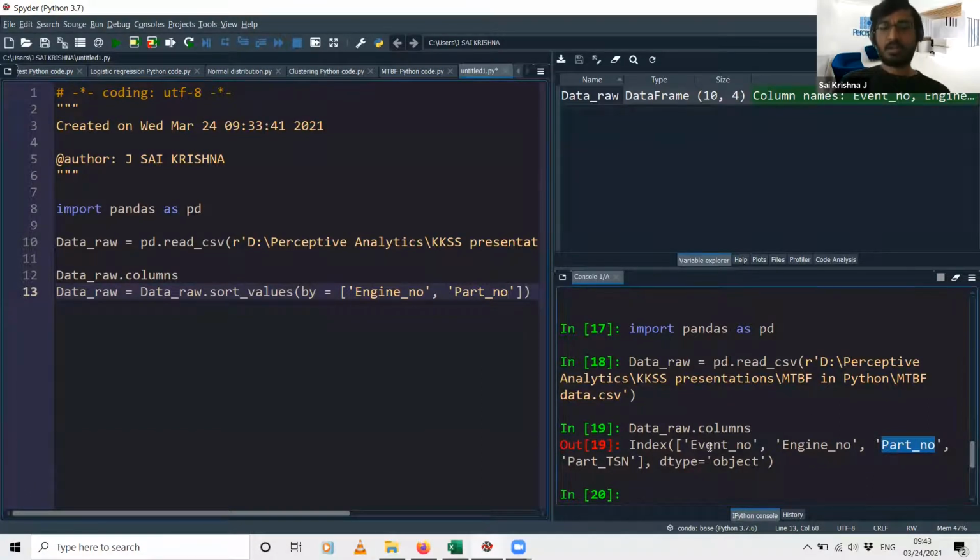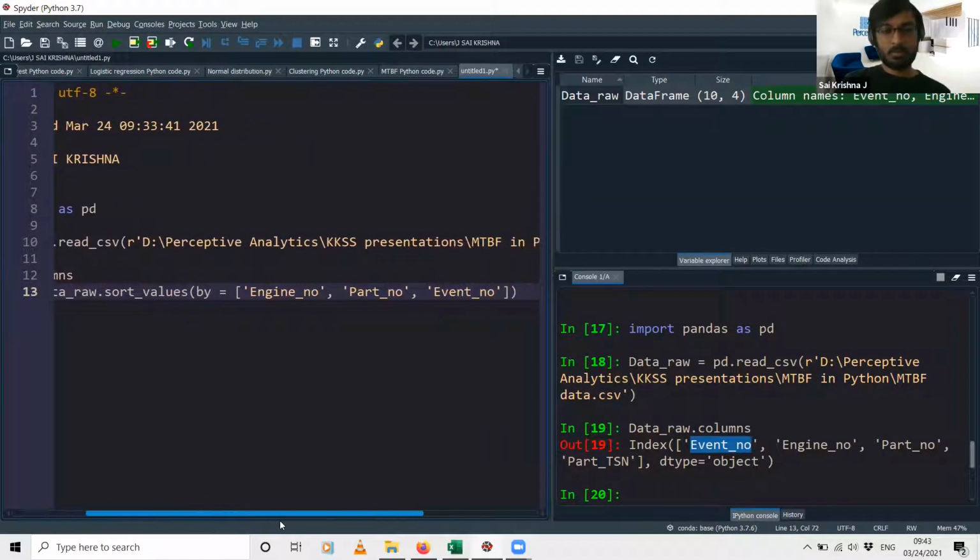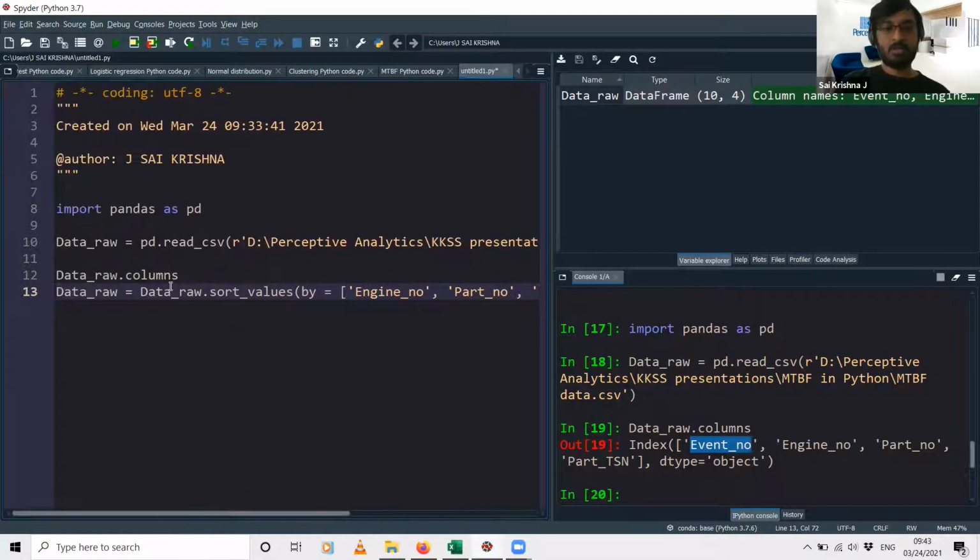And then the first event has to come first, the second event second, and so on, so the third sorting parameter will be the event number. Like this, I've used this sort_values function: dataset name dot sort_values by whatever columns you want to sort them.